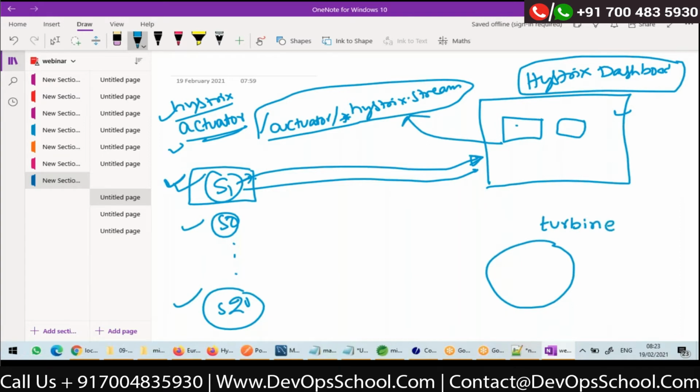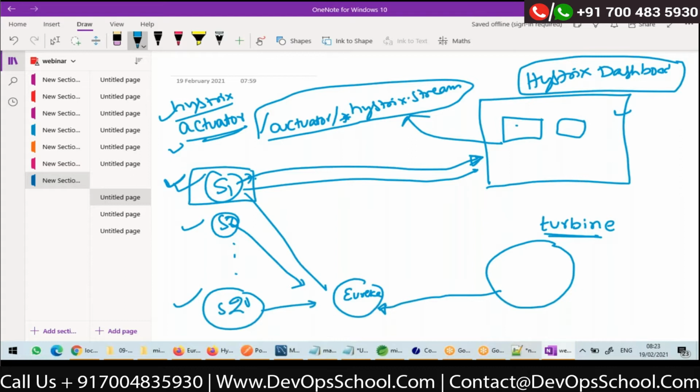So let's assume that this is Eureka. Now all the microservices will register with Eureka, and my application, separate application, which has turbine, should also be a Eureka client. This also will register with Eureka. It also should be an Eureka client.